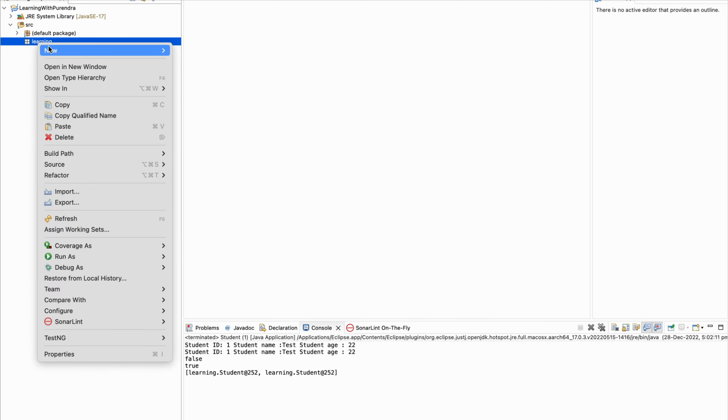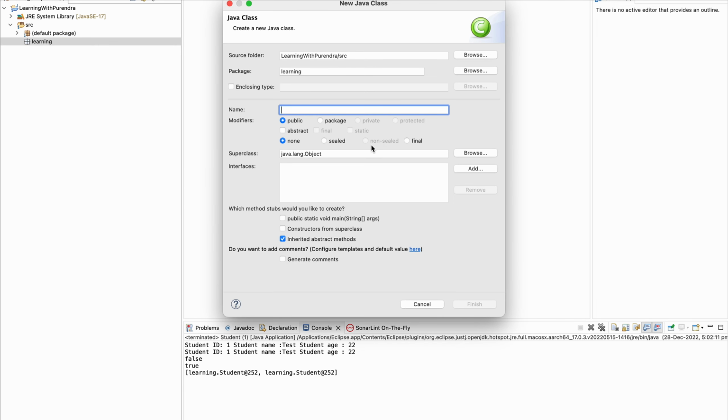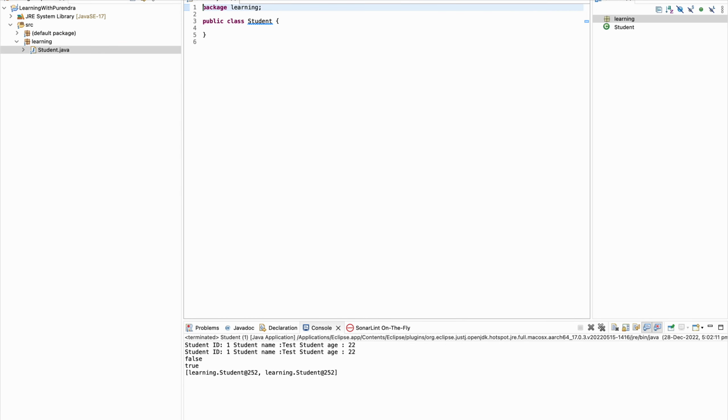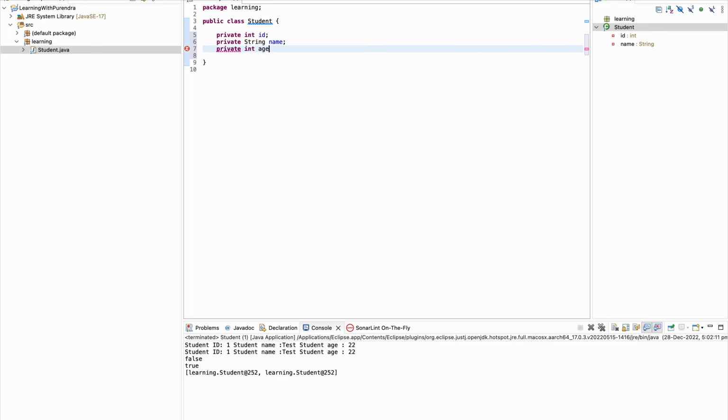Let me create a new class, Student, with an id, a name, and an age. Let's go with these three variables.